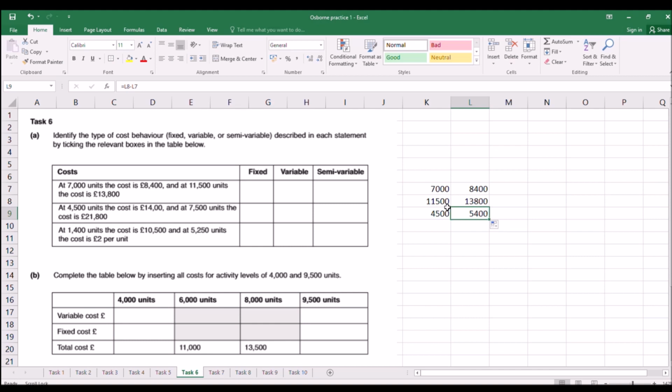So in this bit here, where we've taken one from the other, we've removed the fixed cost from both. We got that the variable cost of 4,500 units is 5,400. So that gives us our rate per unit, that's the variable cost rate per unit. We then go and multiply this